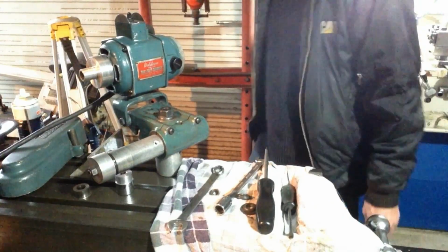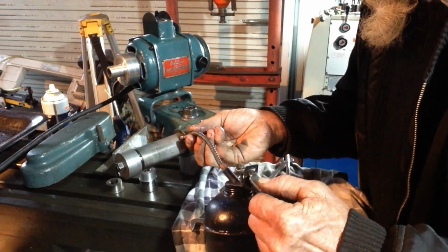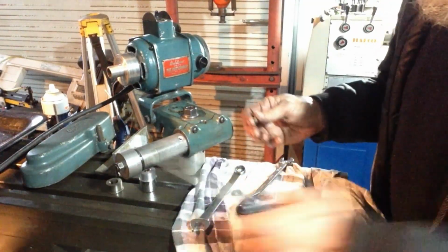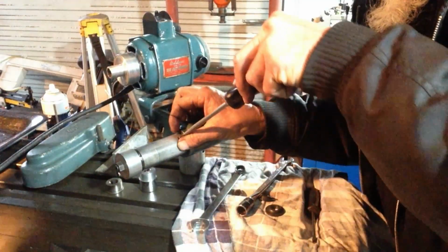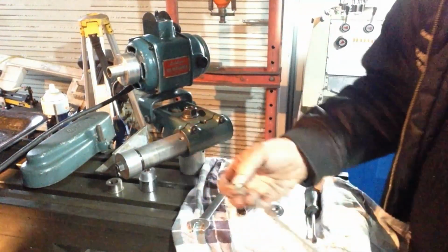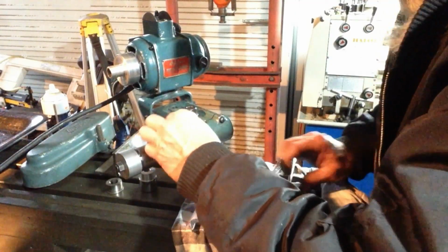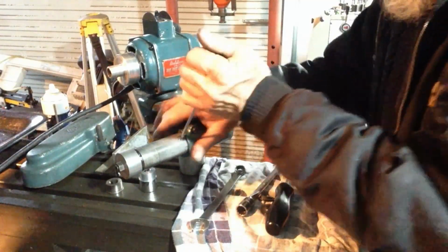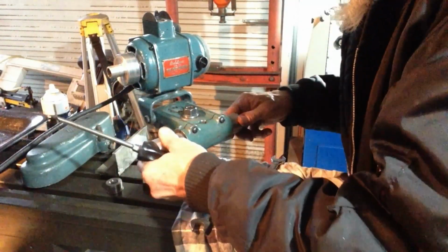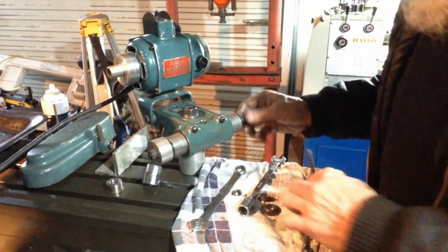If I can find my oil can. Back in action. The old oil can was hiding in the other shed. We'll just give a couple of little drops of light machine oil in there. The screw plug back in. Okay, now